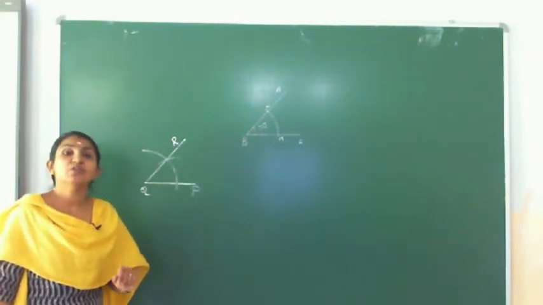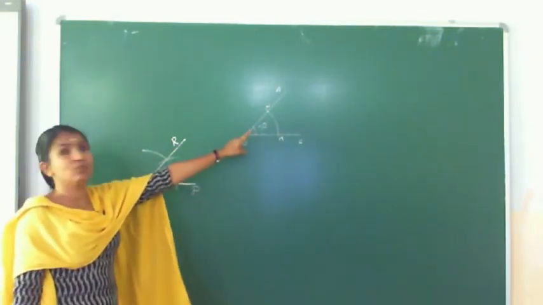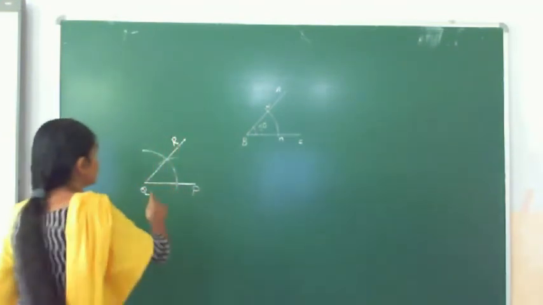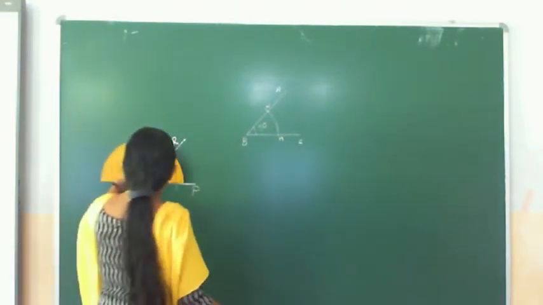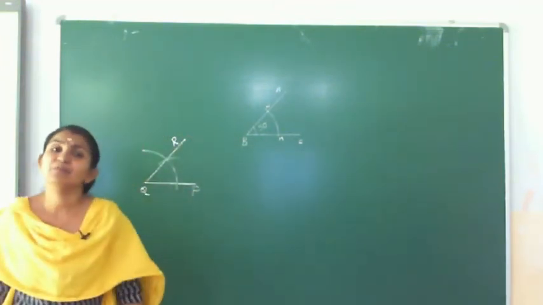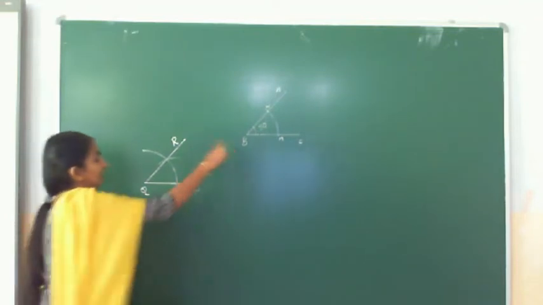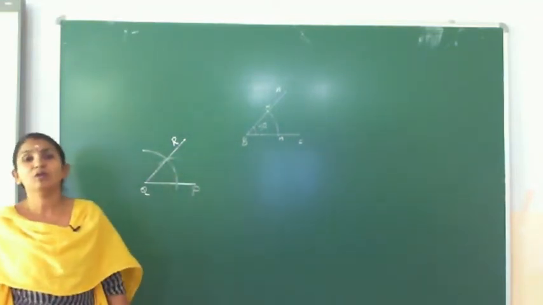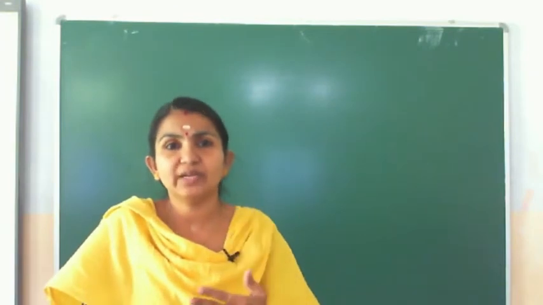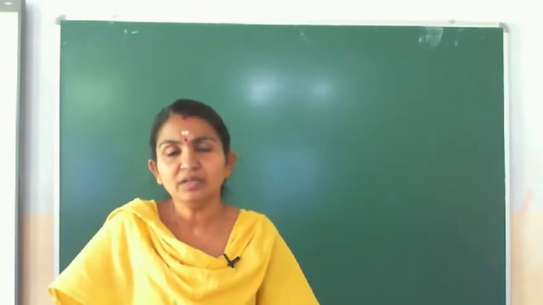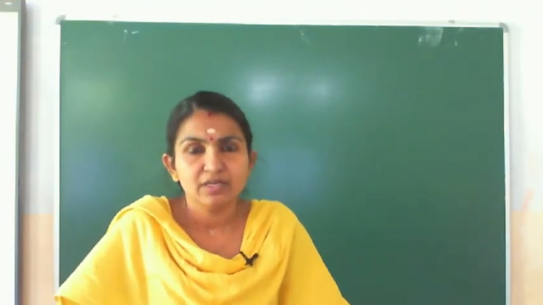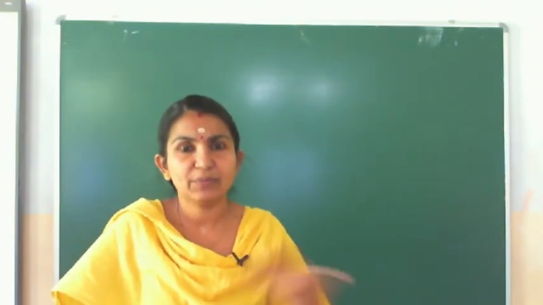Now, just check it with your protractor. Here we drew a 50-degree angle. Check with your protractor whether the copied one is the same 50 degrees or not. Yes, we got the same 50 degrees. Like this, we are copying an angle. I am not saying this two or three times, since it is a recorded class, so you can pause it or rewind it and listen again.